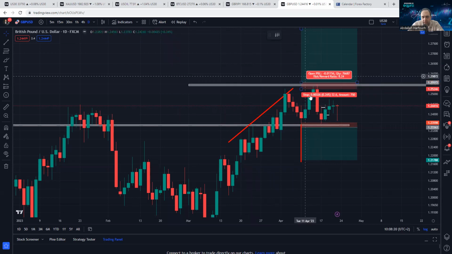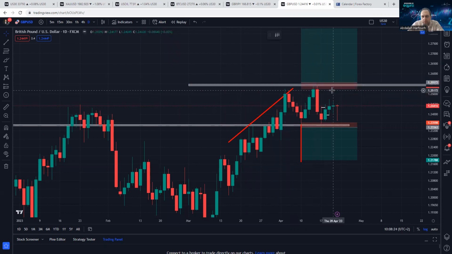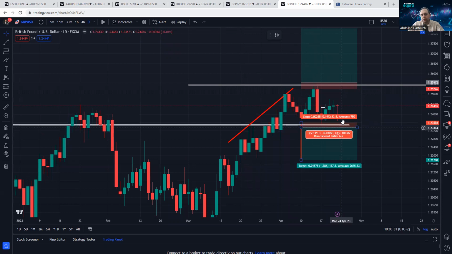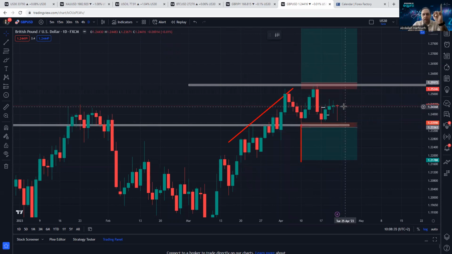We have this high, and this high, we have this resistance. So if it pushes up and starts to break up, it will be the push. If it opens, makes a wick up, and then starts to push down again, closing. But we need a daily close, okay? A daily close for the up should be done. And Tuesday will be the best entry for the GBP USD because we are in the middle.